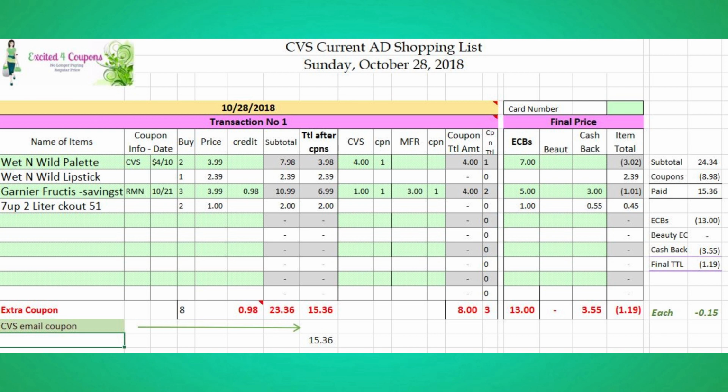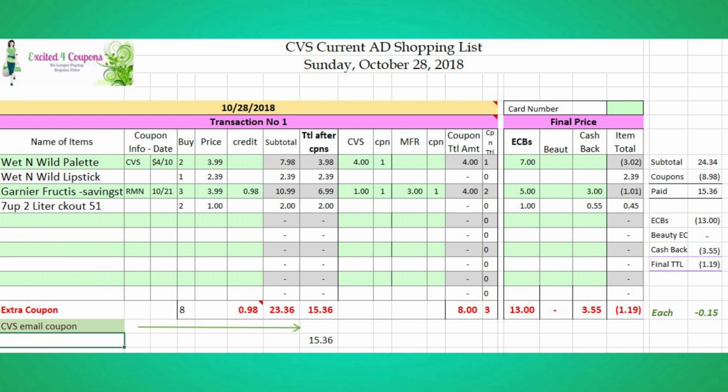Then once you receive the ECB, I love this part too. In the other section, it says final price, because once I see my receipt, I like to make sure that every ECB that I was expecting is at the end of my receipt. So I should be getting 3 ECBs in total, and the total will be $13. I'll know exactly that I need to submit my receipt to 2 different places so I can get the cash back. Luckily, Savings Star, if you have it linked to your CVS card, should be sent automatically to your Savings Star